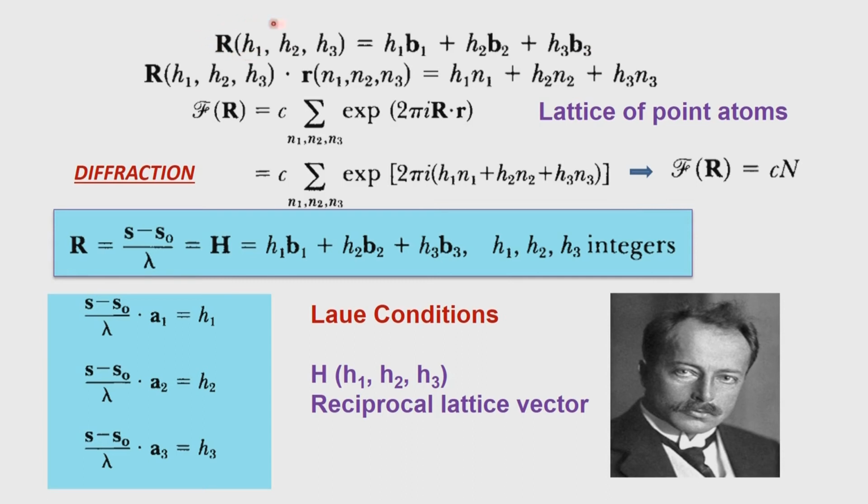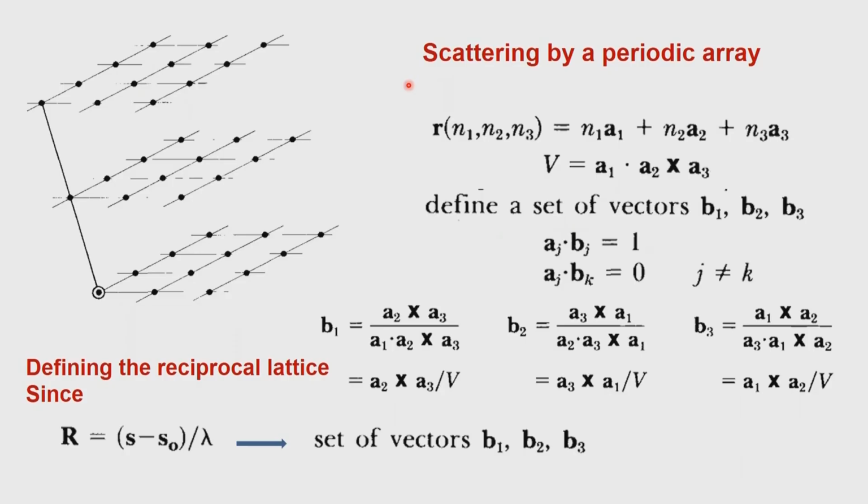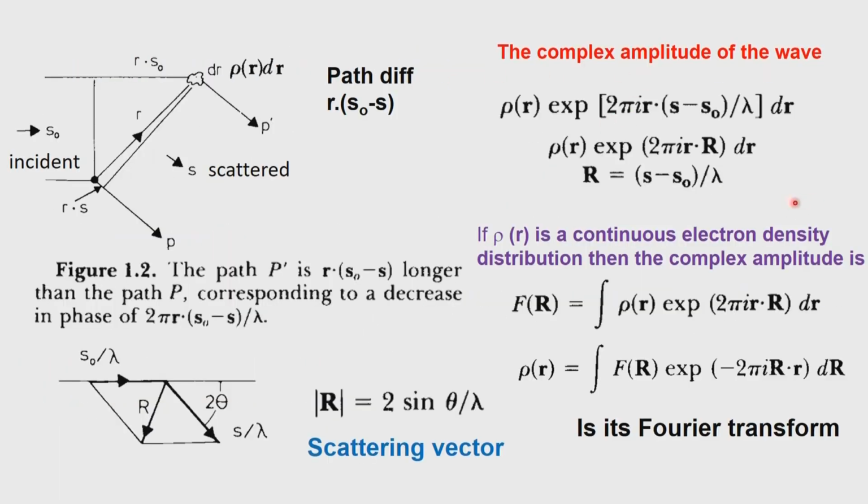These are again 3 integers which will define R as h1 b1 plus h2 b2 plus h3 b3. So, effectively from the real space you have gone on to a reciprocal space where you are able to express vectors in the reciprocal space. Now what will we do? We will do a small mathematical operation, that is to take the dot product of r dot R. Now you might worry why we are doing this r dot R dot product. We need this because you see here you have in this expression r dot R. The calculation of the structure factor will be accomplished if we get this quantity r dot R. Okay, so we need to have this dot product between the real space vector and the reciprocal lattice vector.